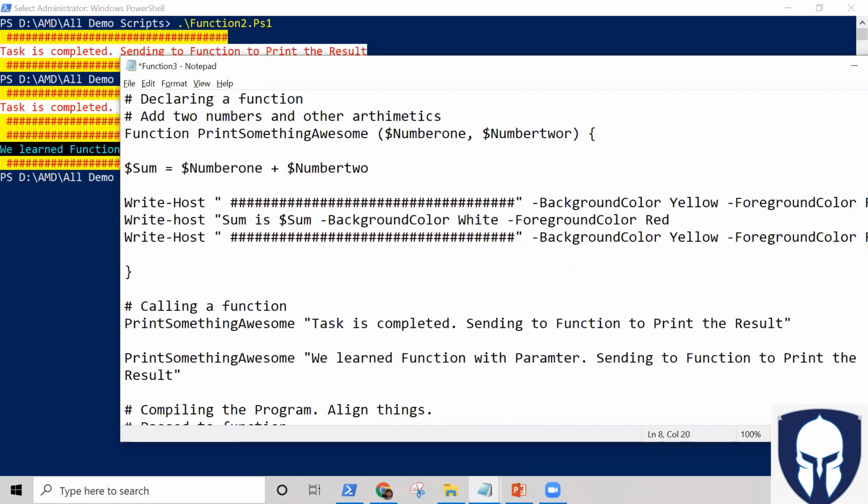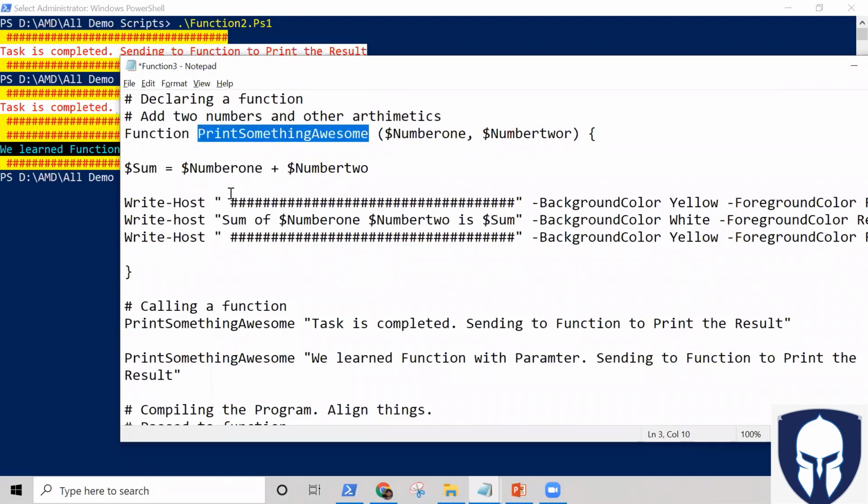Sum is a sum of the... this is what we want to print. Okay, that is sum. So what is going to happen, I'm going to first change this print something awesome